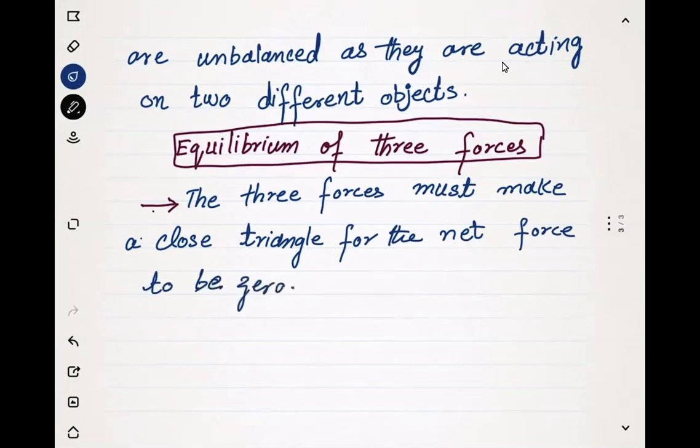So if we want the net force to be zero, then the three forces must be capable of making